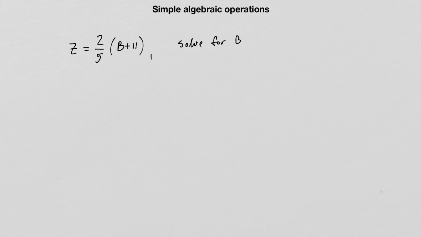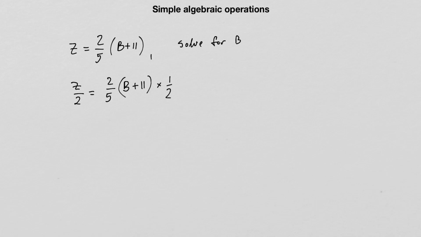Here I have b plus 11 in parentheses, which means that I can't straight up work with the 11 here. What I first must deal with is the 2/5 that multiply (b plus 11). So I'm going to use the rules that I already explained in a few examples. Since 2 is multiplying, in order to move it on the left-hand side where the z is, I must divide by 2. So let's do that step by step. So z divided by 2 is equal to 2/5 (b plus 11)